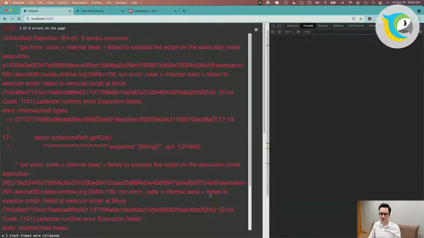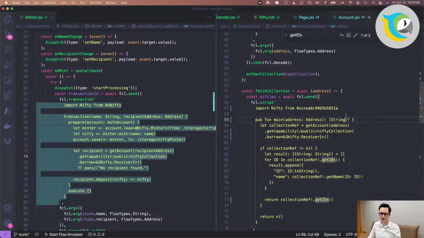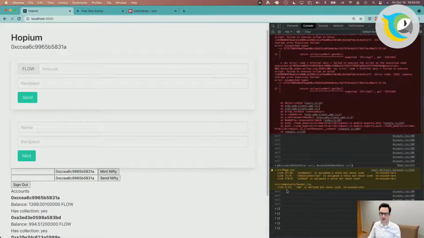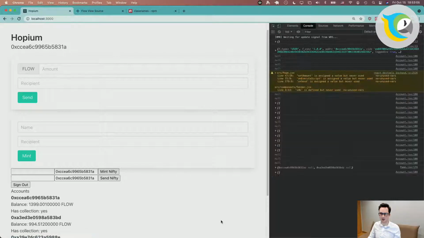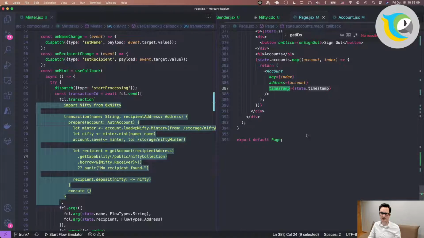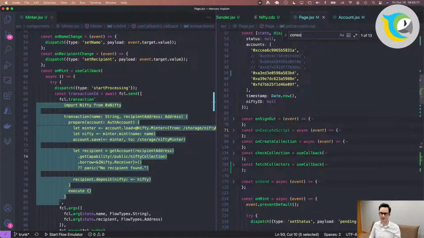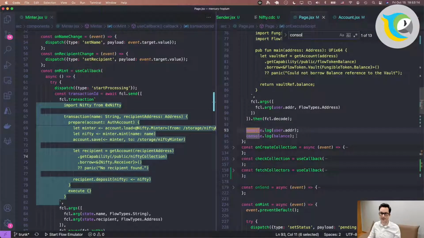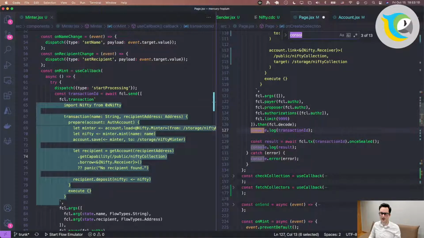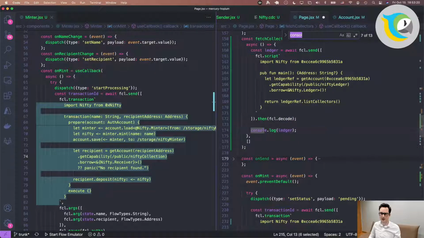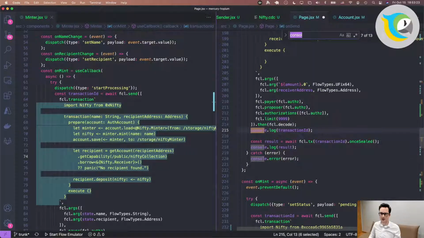Get IDs expected string. Oh, got UInt64. Yep, IDs are UInt64. Okay. I'm going to remove all the other stuff that's console logging. Remove that. And this is coming from line 174.